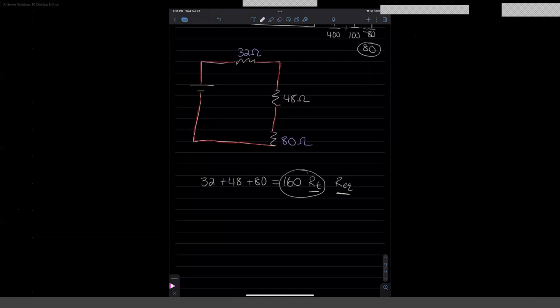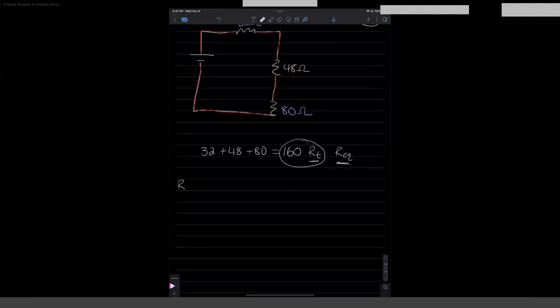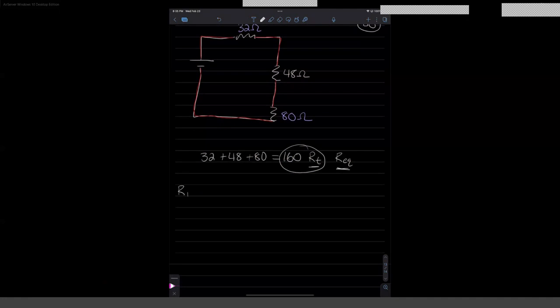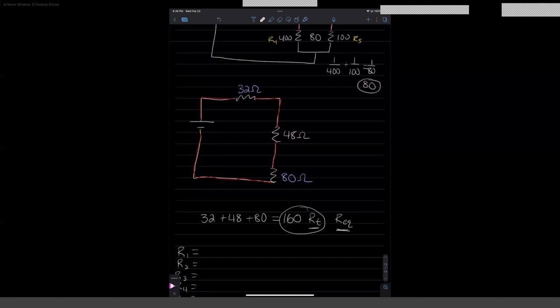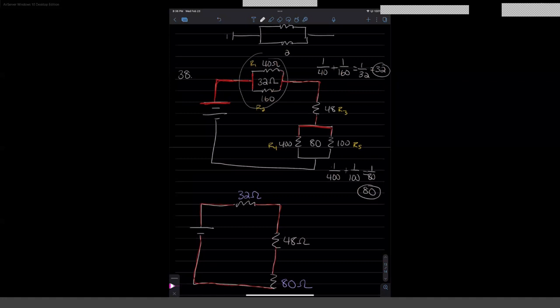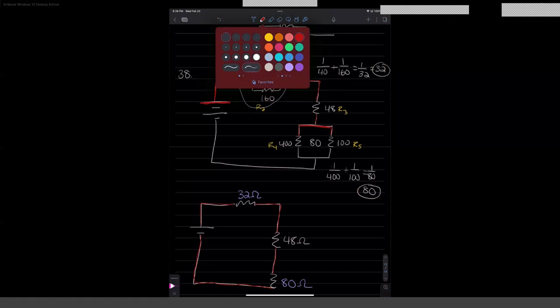Okay. So we have a total of 5 resistors. So R1, R2, R3. Cool. So we can start here. Our current is coming out this way, right? And we know,